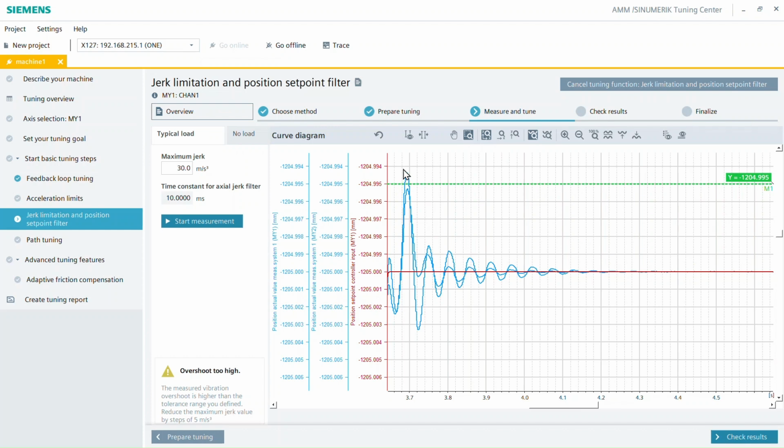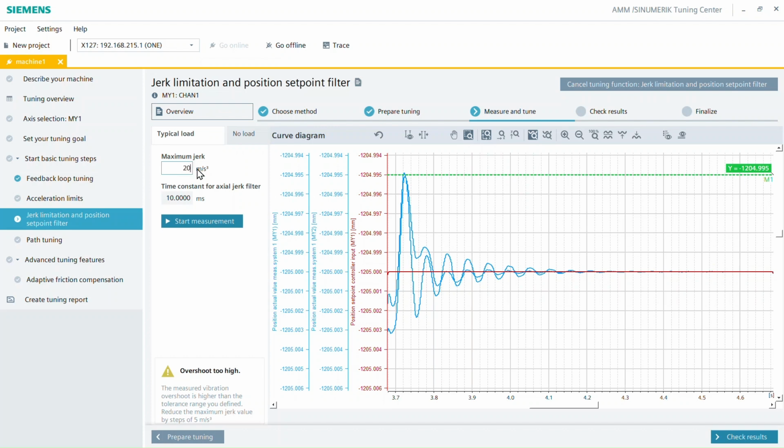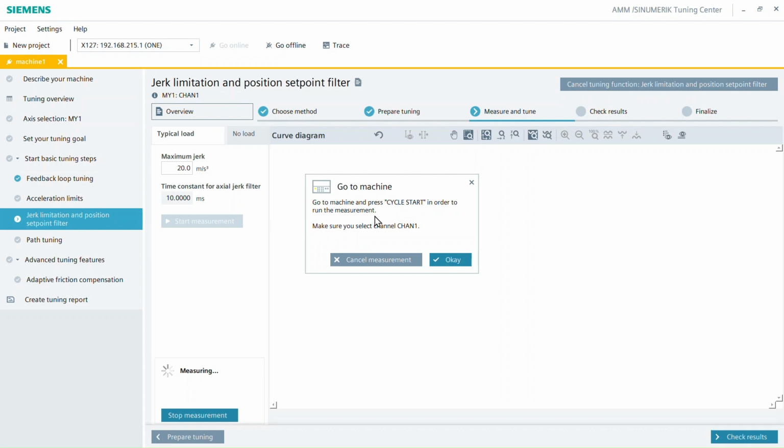If the amplitude is below the overshoot tolerance and there's no visible vibration, increase the jerk. Increasing jerk means acceleration is applied more aggressively, which shortens the arrival time. If the amplitude is higher than expected or the vibration takes too long to settle, reduce the jerk. Decreasing jerk means acceleration rises more slowly, reducing vibration, but the axis will take longer to reach its final position. Here, we want to reduce the jerk value and measure again.